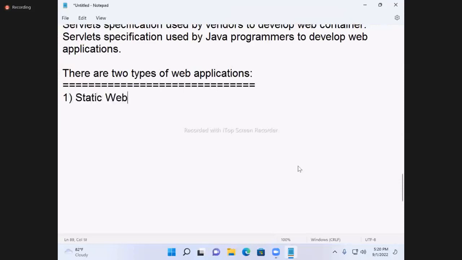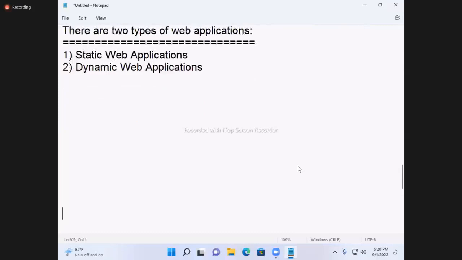First one, static web applications. Second one, dynamic web applications.